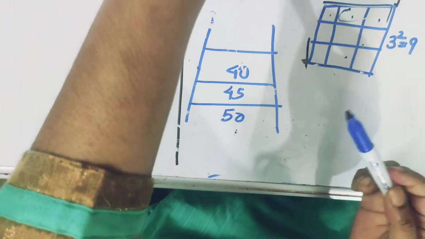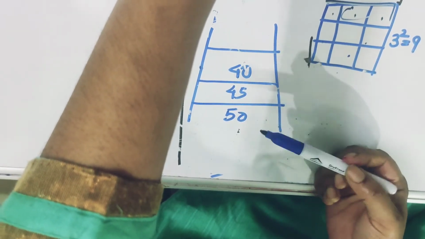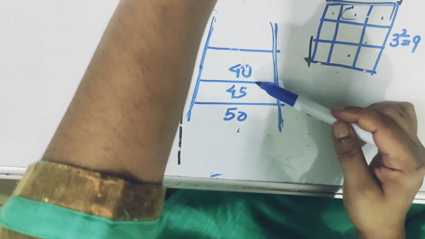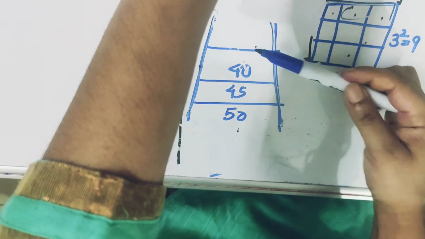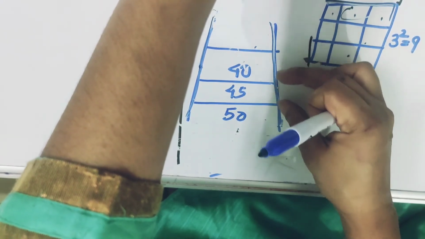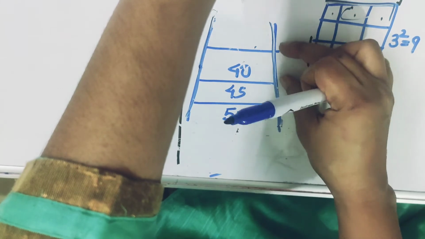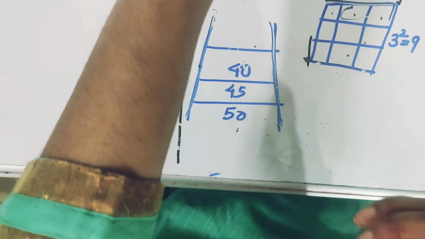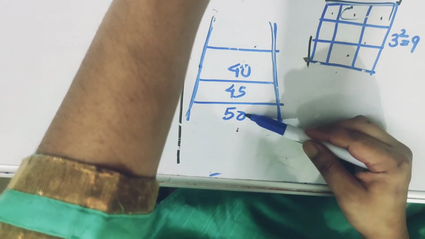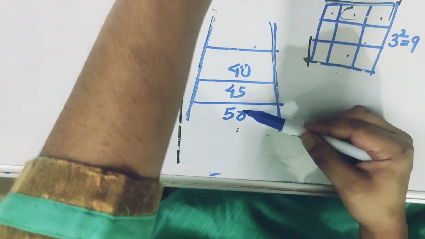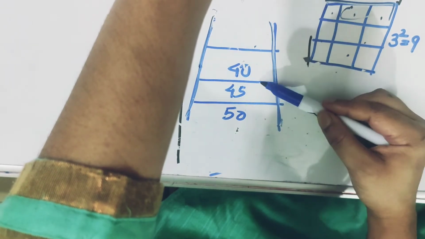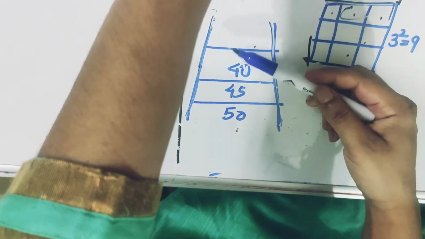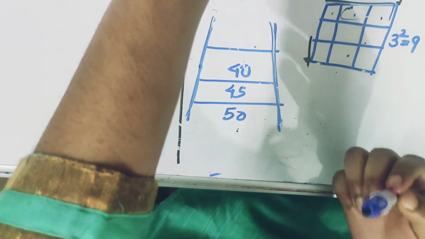Also, you can take the example of a ladder, which has gaps in between. The rungs in the ladder are the gaps, and they will be of some defined length or measurement. Suppose the first one is of 50 centimeters, then the second one is of 45 centimeters, then 40 centimeters, and in the same manner it follows some pattern.